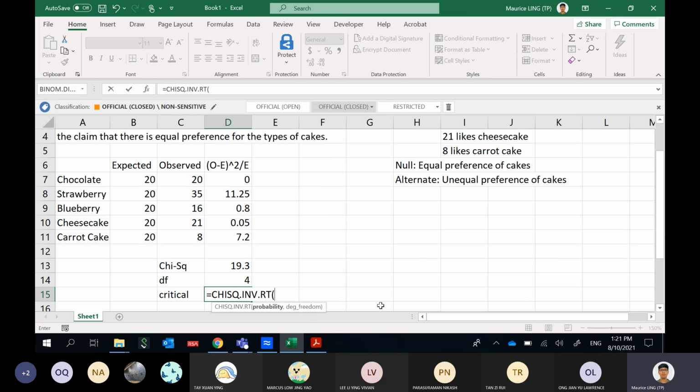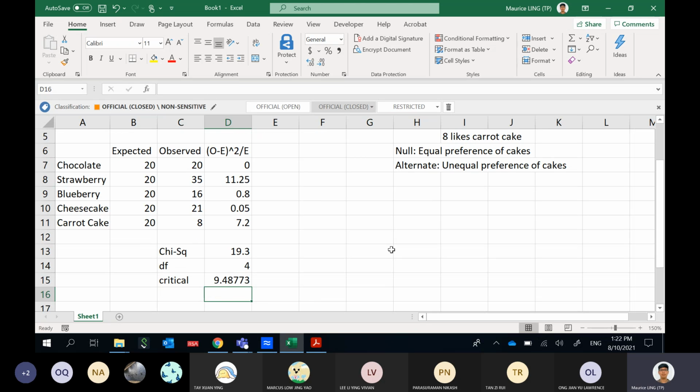And we want to look at the probability of 0.05, 5 percent probability, degrees of freedom is 4. Okay. And this is the critical value,